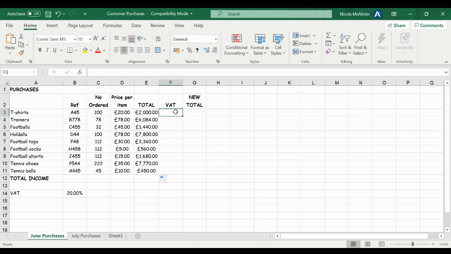To work out our VAT, we're going to multiply the total by the VAT, which you'll find out in the bottom here, which is 20%. Because we're going to be wanting to replicate our formula, we're going to want to use an absolute cell reference, so we stick on the 20% down here, so on B14. So we're going to do equals E3